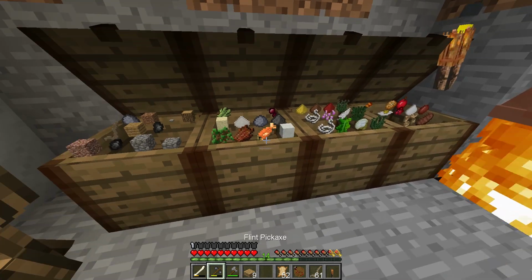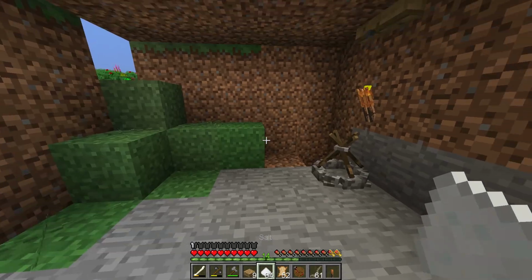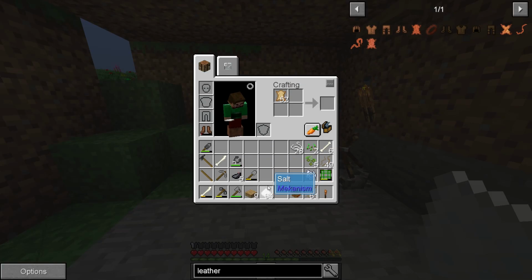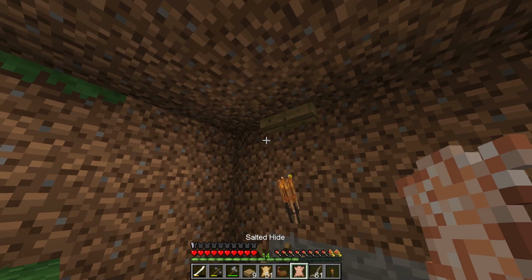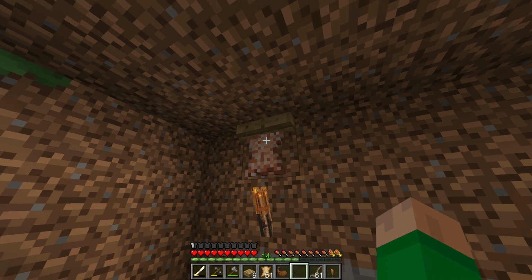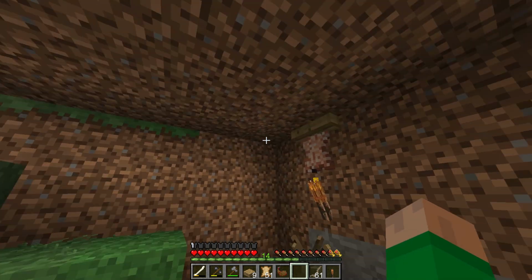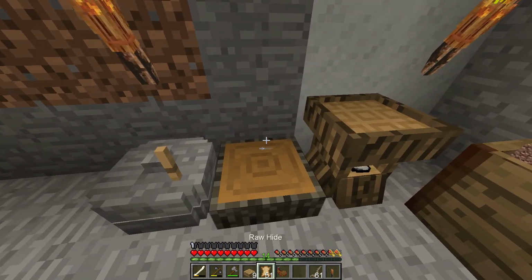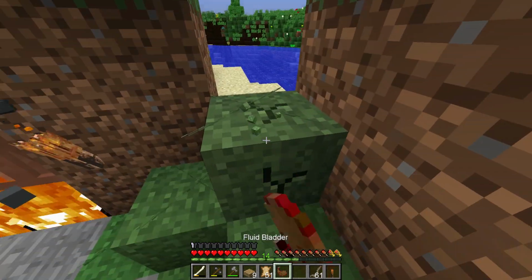So let's grab some salt. And we have our raw hides, and we have our salt, and we have our fluid bladder. And this gives us our salted hide, which we're going to turn into a dried hide by just hanging it up in our cave. So clearly we're going to need more drying racks. And I'm going to go ahead and make those. And the other thing we're going to need